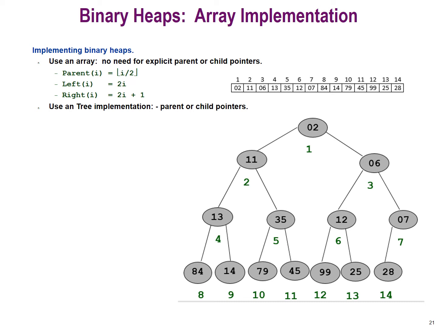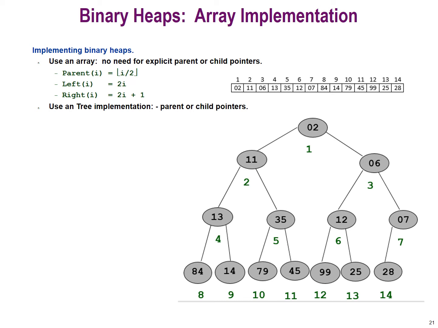Now in this diagram, the root node is stored in the first position, and you can see the left child is stored in 2i. That means 2 into 1 is the second position, so it is stored in the second position. In the above array, you see the array positions; the above box represents the array representation. Now the root node's right child, that is 6, has to be stored. Where it has to be stored is 2 into 1 plus 1. So it is 2 plus 1, which is 3, and it is stored in the third position.